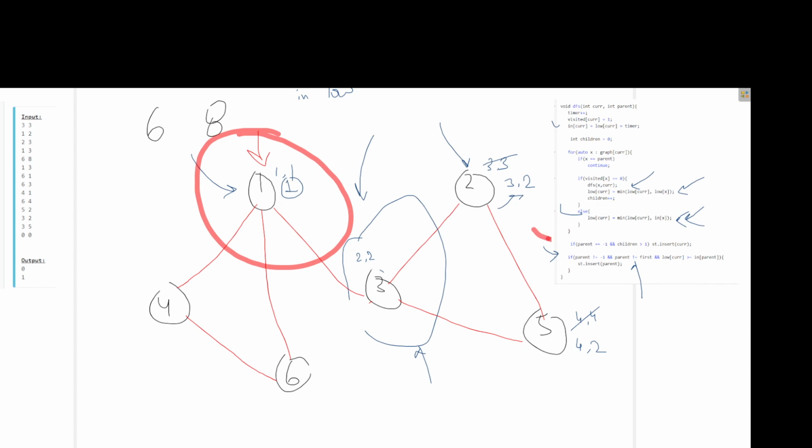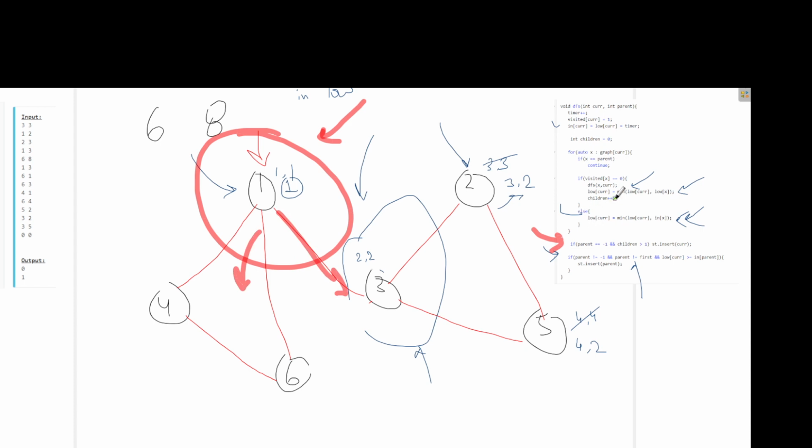So in this case, what I have done is, if parent equal to -1, that means I'm checking only for this root node, and children greater than 1. Every time I'm incrementing the children, right? So if this is an articulation point, then it has more children, right? So this is one DFS call and this is another DFS call.